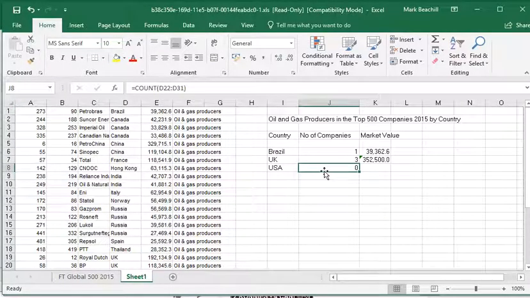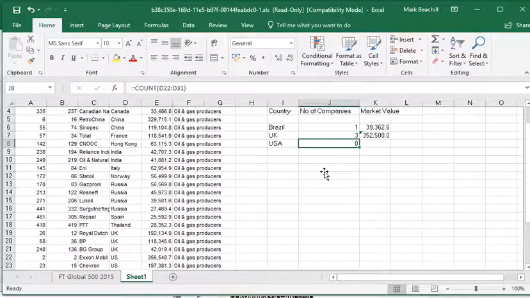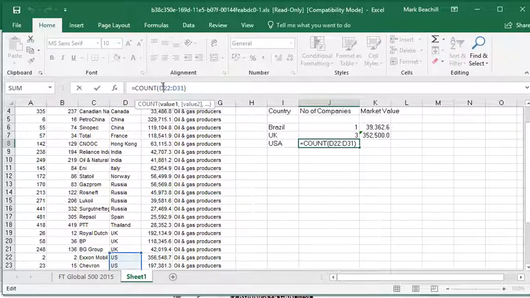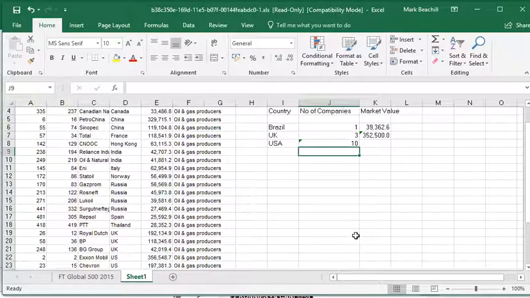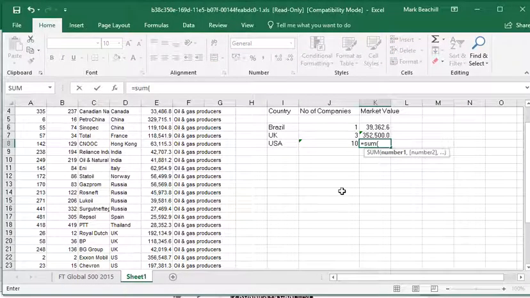Oh, I chose the wrong column. I should have chosen E. So that's easy. I'm going to click into there. E and E. So that's 10 companies. And then here I'm going to do the sum of